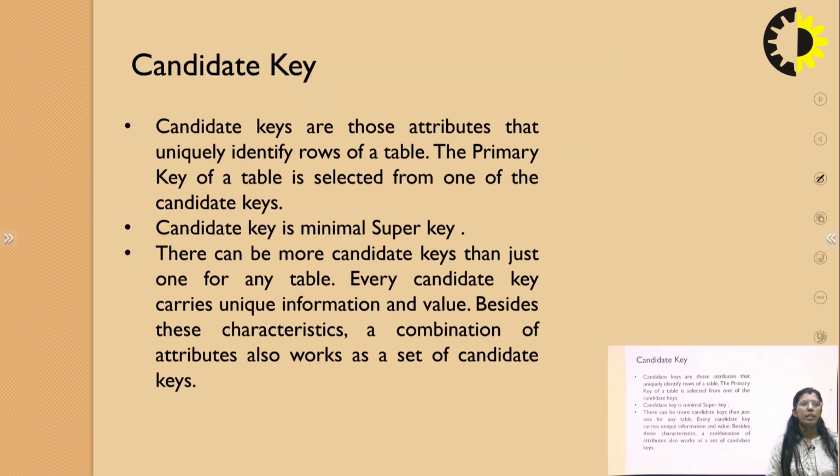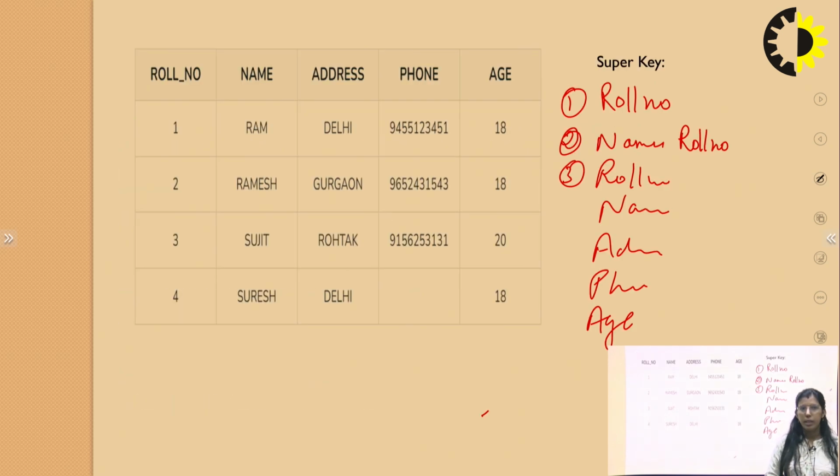Next is your candidate keys. Candidate keys are those attributes that uniquely identify rows of a tuple. The primary key of a table is selected from one of the candidate keys. It is the minimal super key. If we talk about super keys, here there are multiple super keys as we discussed, but the minimal super key can be considered as candidate key.